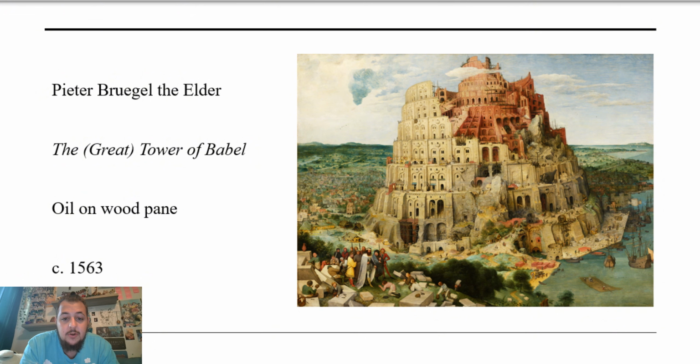Although the humans' intent was to build a beautiful, magnificent tower to the heavens, I think Peter was also trying to convey that they ended up covering the true beauty, that being the beautiful city and the deep green landscape of their kingdom. They were so ambitious and fixated on reaching their goals and reaching the heavens without the help of a god that they in turn made their beautiful city quite suppressed and subdued. By building this massive tower that looks like it's crumbling and falling apart while they're building it, the only exception to this is, I'd say, the workers and the people near King Nimrod, who have bright, more vibrant colors,